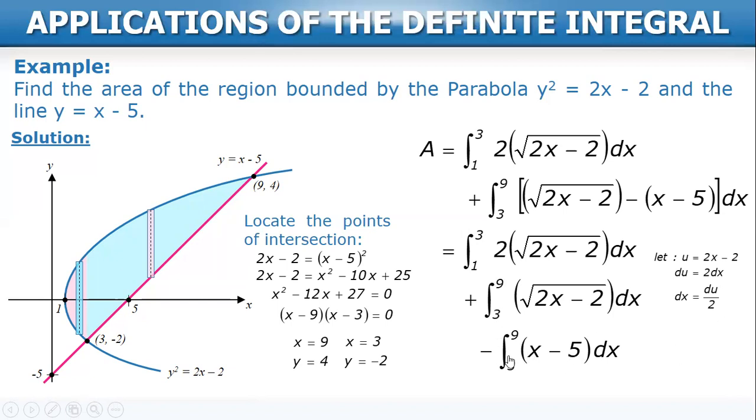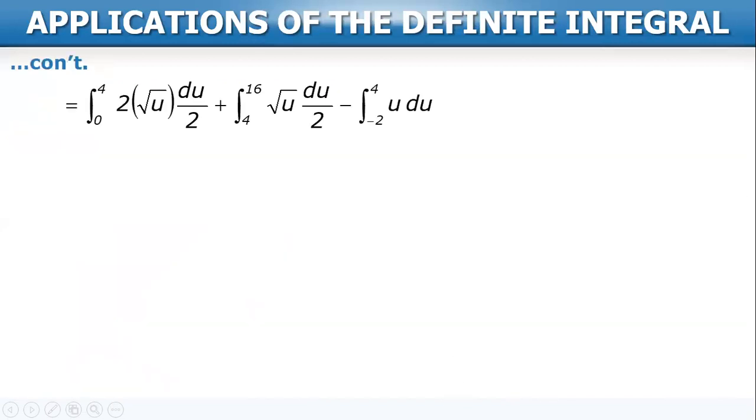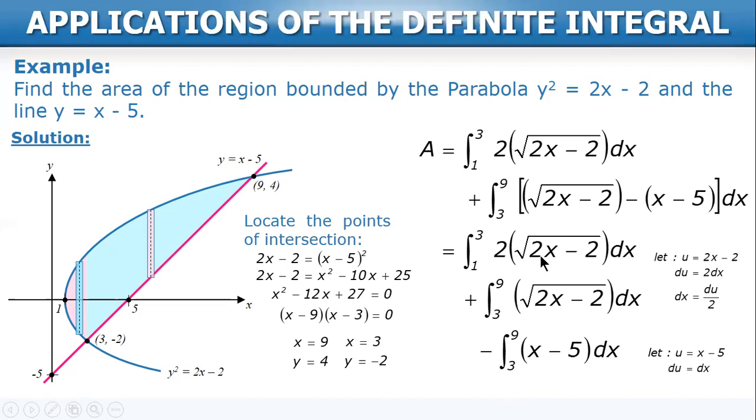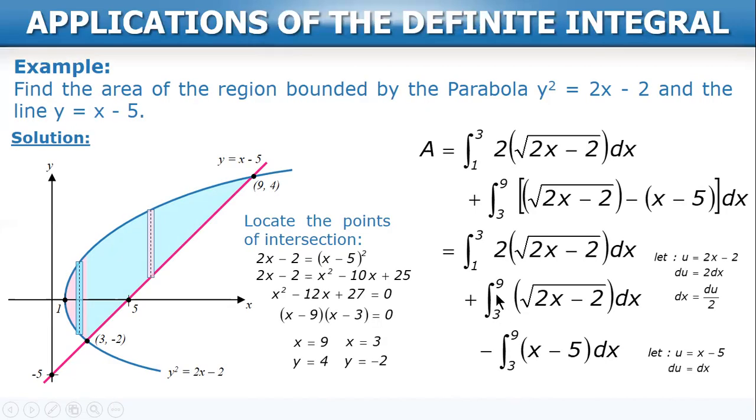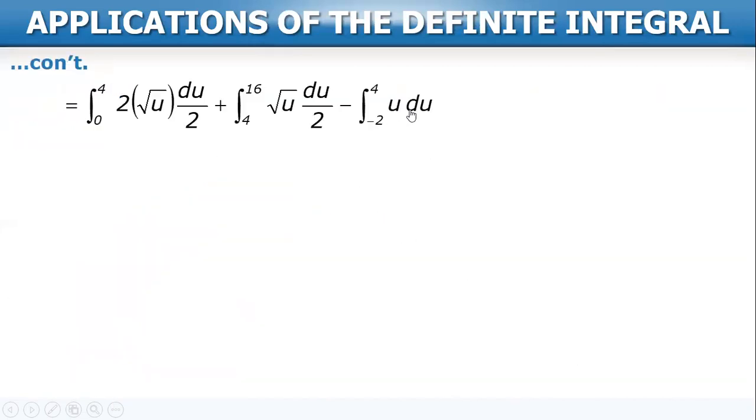And for the third integral, let u equal to x minus 5, du dx. So, u du lang siya. Again, power rule. Okay. So, this is what happened, no? 2 square root 2x minus 2 is u. And then dx is du over 2. Okay. And 0 to 4, the second term, 4 to 16. 3, 9. And then